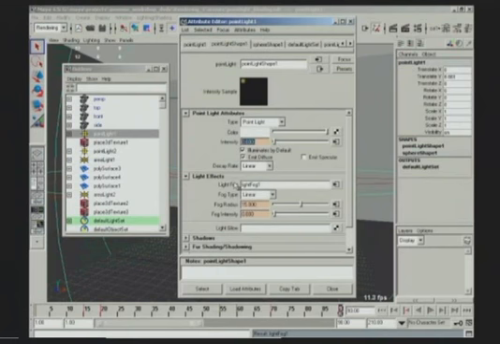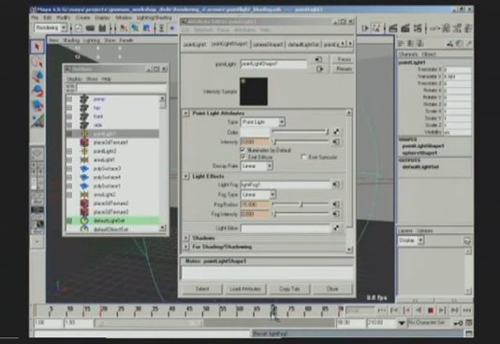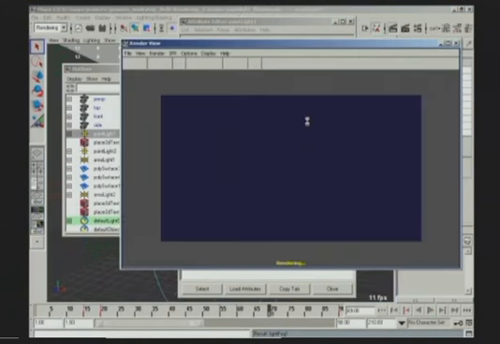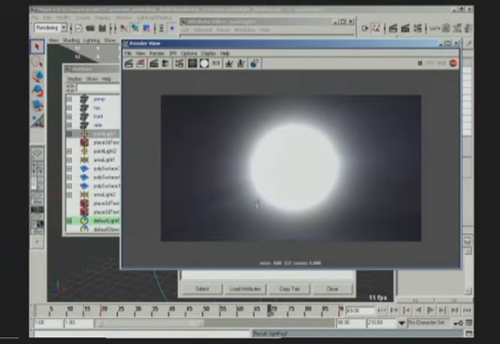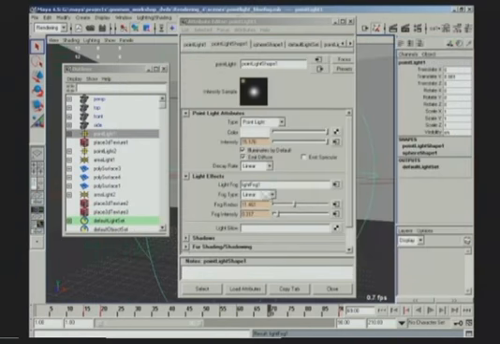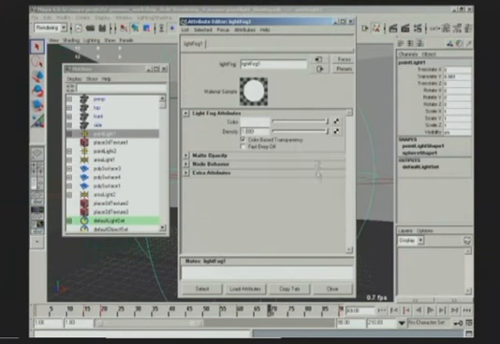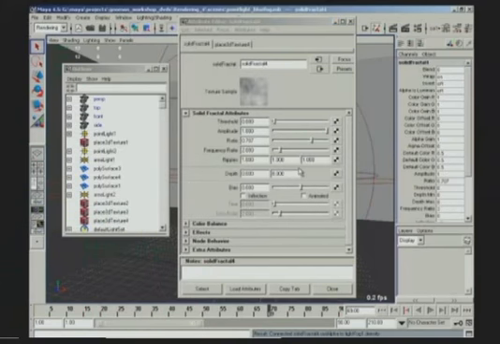Now the next thing to animate will be the density of the light fog itself, because if we render this, we'll see that we've still got this perfect sphere of a light fog. And we want to mix it up a little bit. So we go to the light fog node, and the density here can be animated. But what I want to do is animate a fractal attached to it, so we have a little noise in there. So I'm going to attach a solid fractal to it,